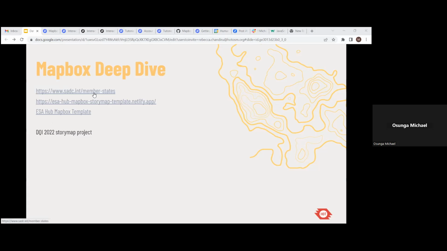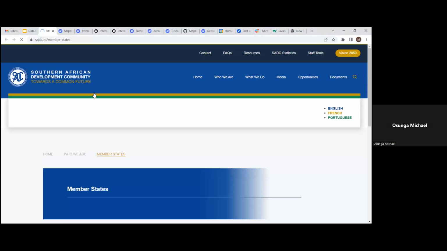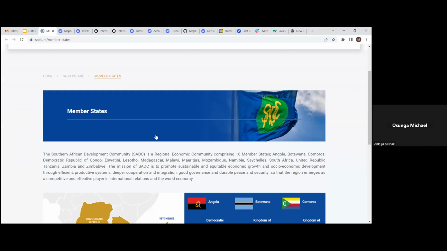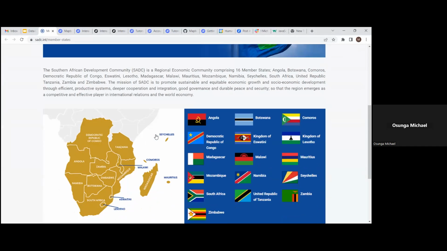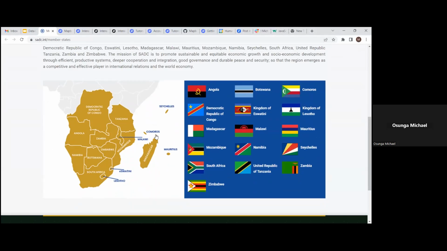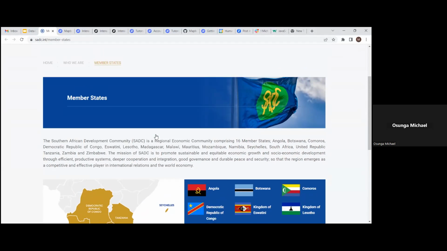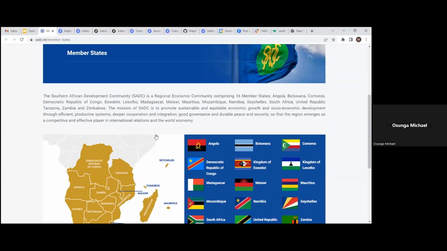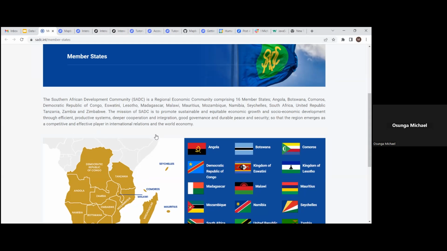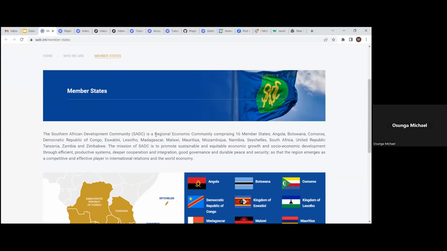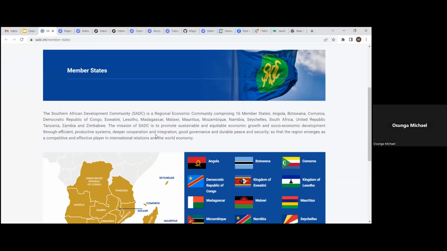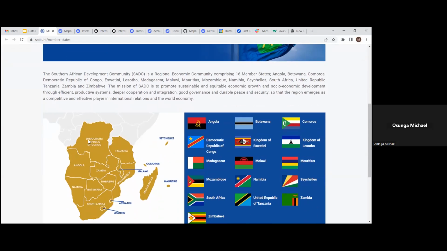So, Mapbox deep dive. Let me give you a story on how I started, how our dashboard will start. Remember, from two weeks ago, we had a session, and we were able to come up with a map showing African countries, and some of these African countries were within some trading blocks. I came across the Southern African Development Community block, and from their website, they have this cool